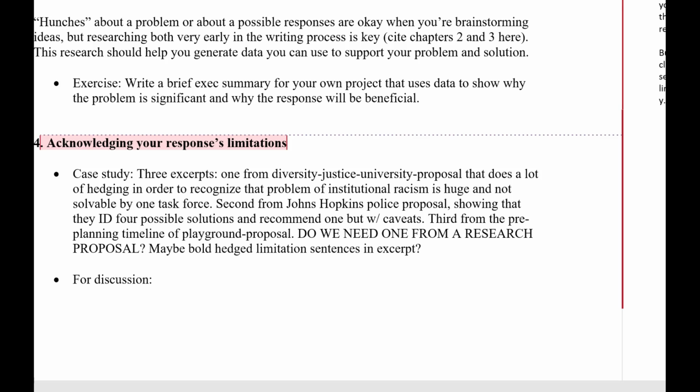Like for academic stuff, for things where there are lots of stakeholders where you're not trying to sell something, you probably want to include the limitations. And then give some really good examples of limitations language and examples of showing multiple responses.